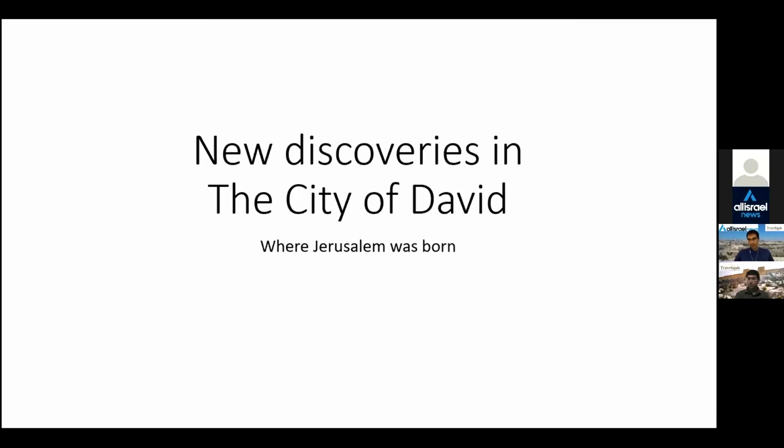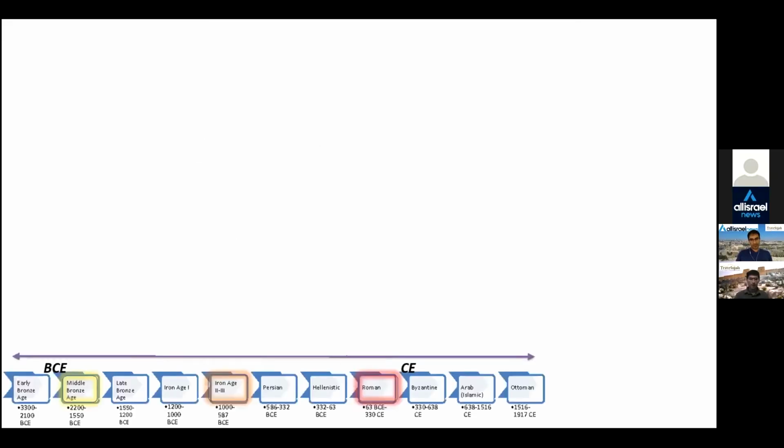More people will be able to join in and see this. And throughout our presentation, we'll have a bar at the bottom that will highlight the period we will talk about. As you see, at the moment, we'll only focus on 3 of the historical periods, and actually of one of these 3, mainly 2, the Iron Age and the Roman era, which means the First Temple period and the Second